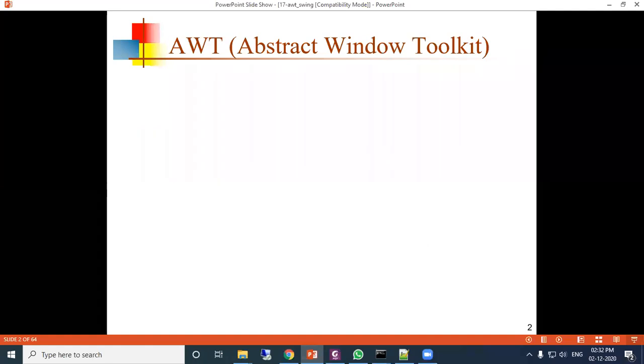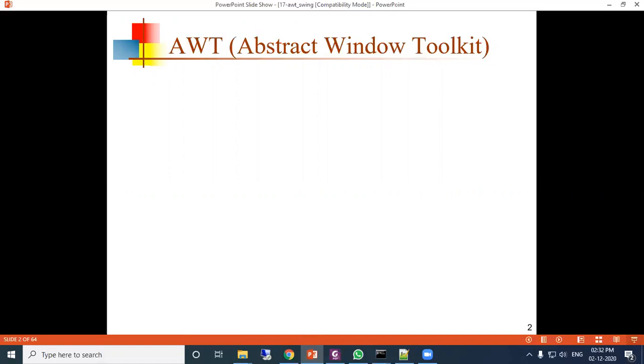The AWT meaning is your abstract window toolkit. Using those classes, we will inherit them and use them for Windows applications.